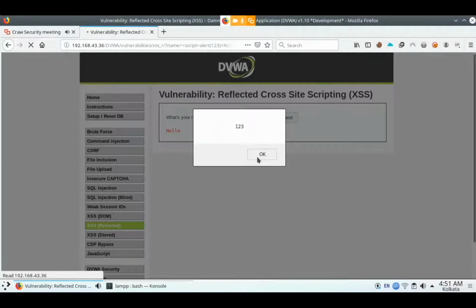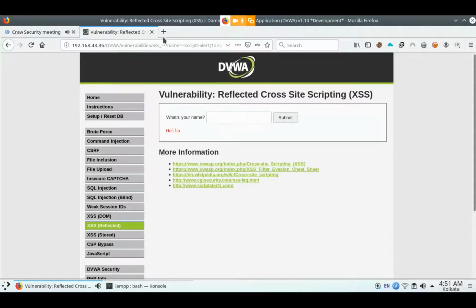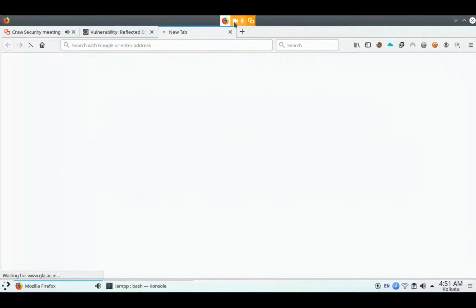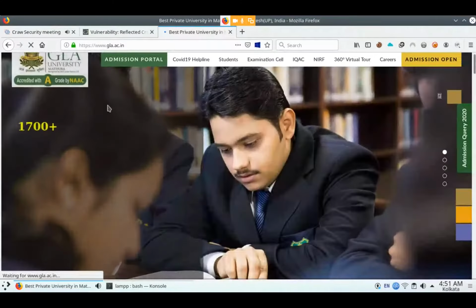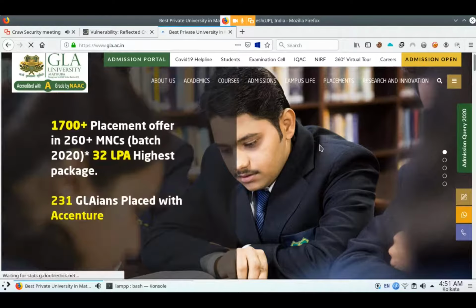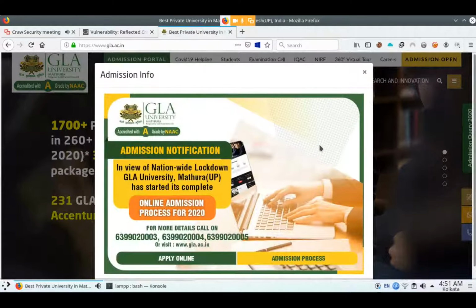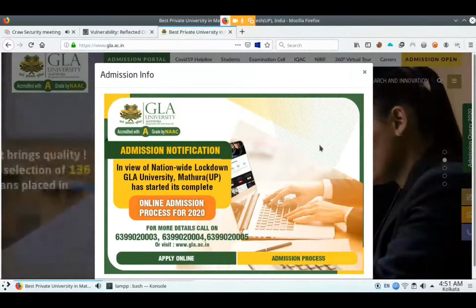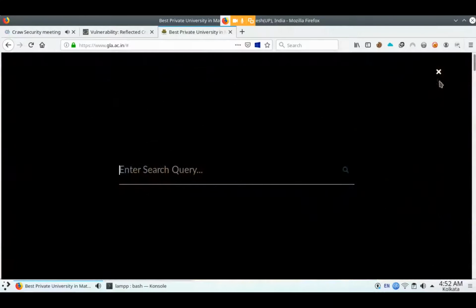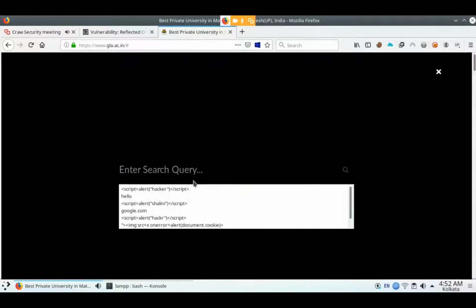You can find many websites which are vulnerable to reflected cross-site scripting. I'm showing you some websites. This is the website of Mathura in Uttar Pradesh. Here you find the search field.